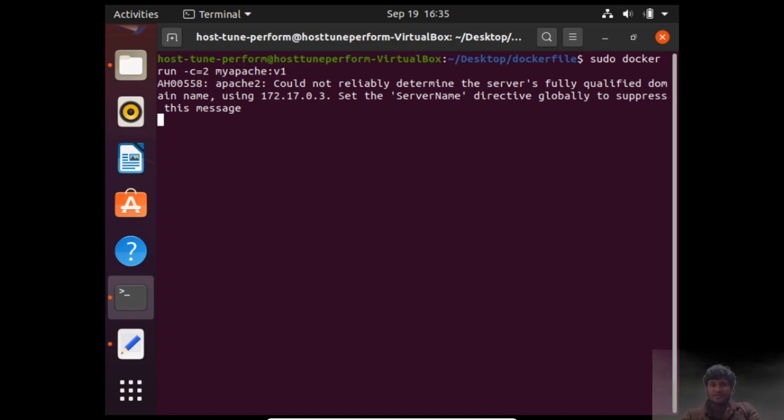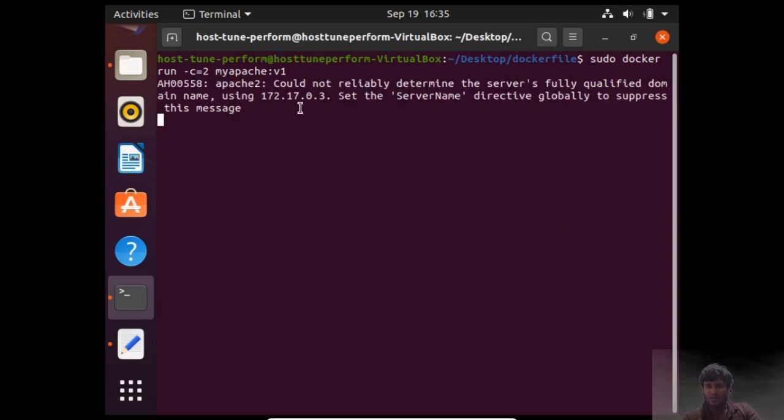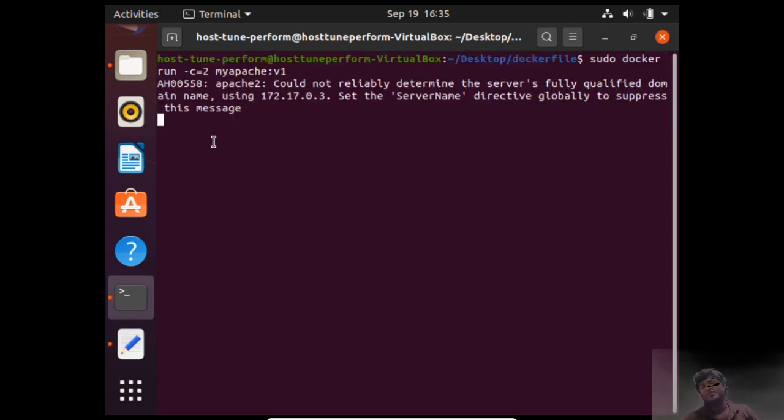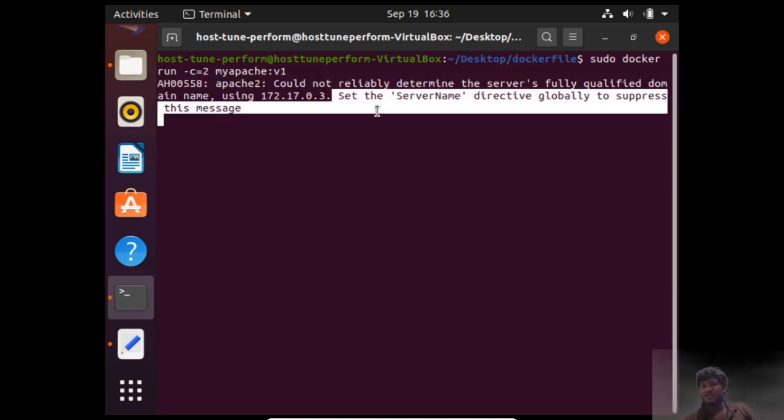So just before we close up this thing, I would like to show you this particular error which we are getting for server fully qualified domain name. There is a file in the Apache configuration. People say that there we need to write up the server name, but that is the wrong way of doing this. It says that it does not find the fully qualified domain name. It just means that we do not need to set up this name. It is showing up because Apache cannot find it.